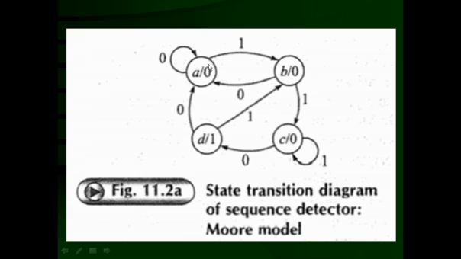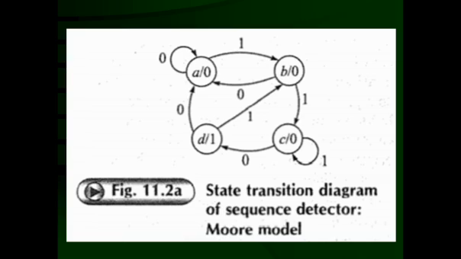or suppose it is in state A, if it might have received x is equal to 0, that means none of the bit is detected. So it will remain in the same state, the initial state only, because none of the bit is detected. So here it is shown by this arrow, where x is equal to 0, it resides in the same state A. But if it has received x is equal to 1, it is making a transition from state A to the state B. Now from state B, again there are two possibilities.